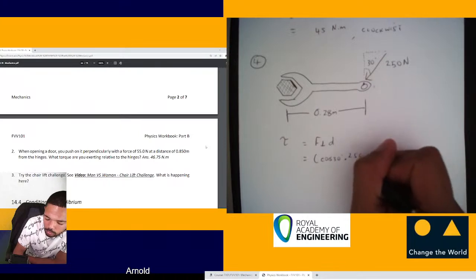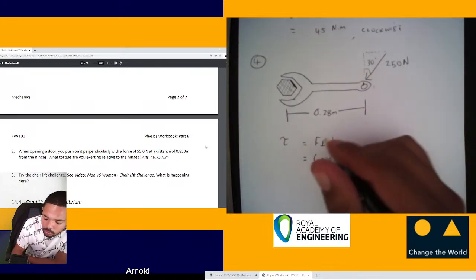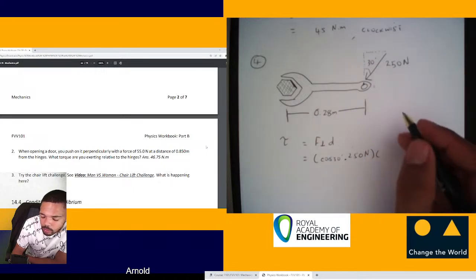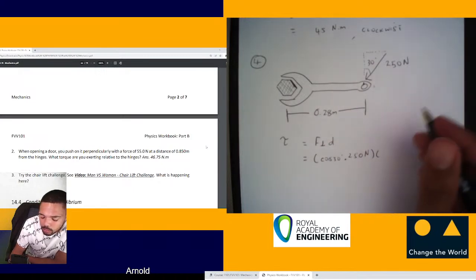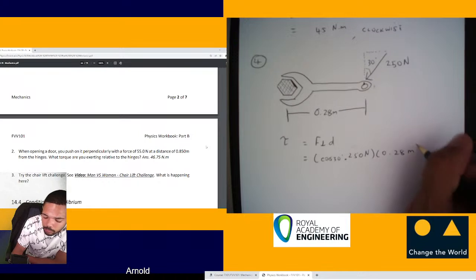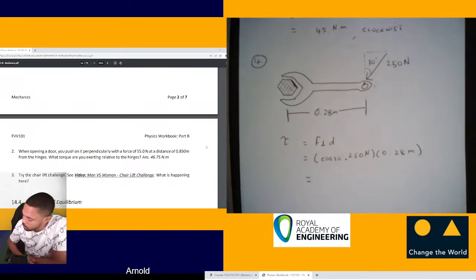That gives you the perpendicular component of the force, multiplied by the distance at which it acts, which is 0.28 meters. And that's going to give me a torque of 61